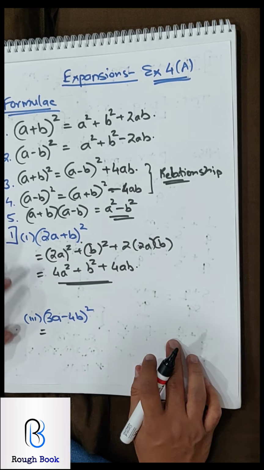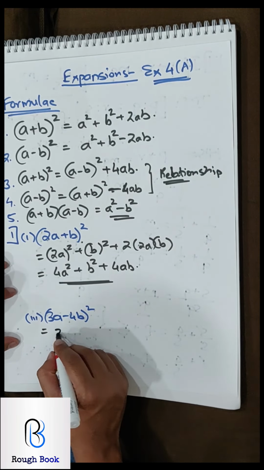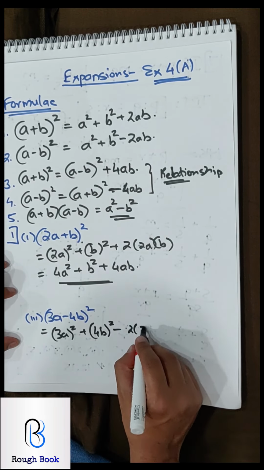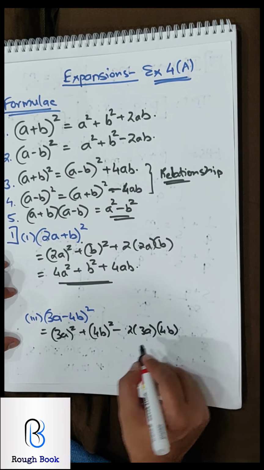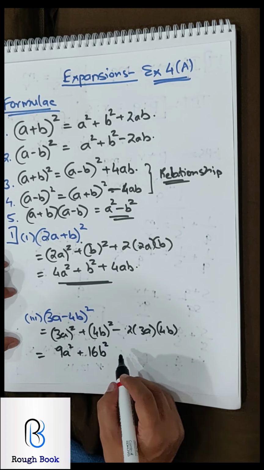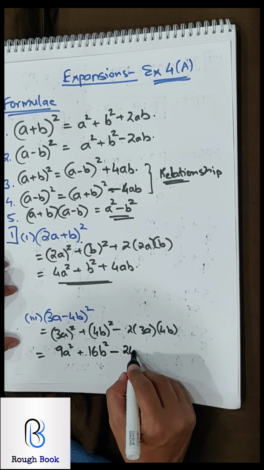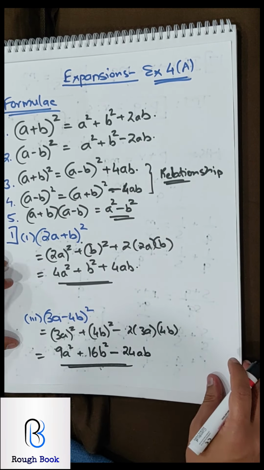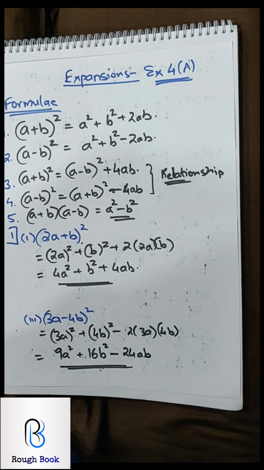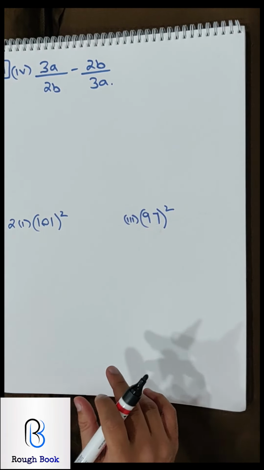Likewise the next one, 1 part 3. Come on, go ahead. This is with plus, this is with minus. So a square plus b square minus 2 times ab. So 9a square, 16b square. 3 2s are 6, 6 4s are 24, ab. Simple. This is just the basics. Basically, we are revising standard 8. Not to be expected in the exams, obviously. Let's go with the next one.